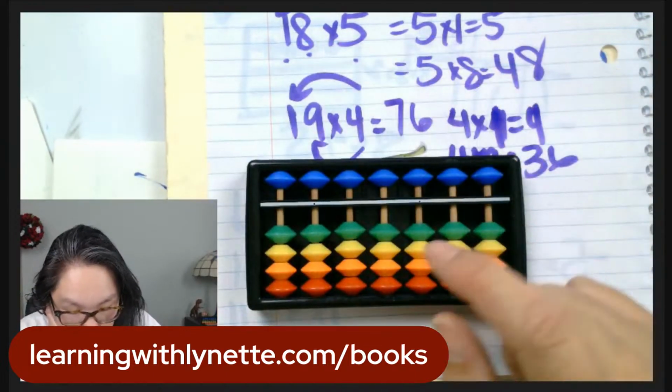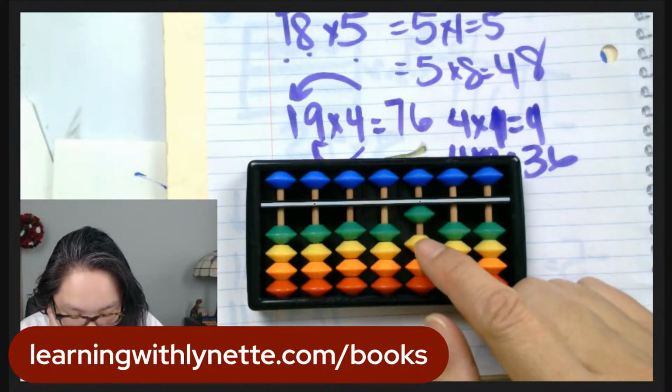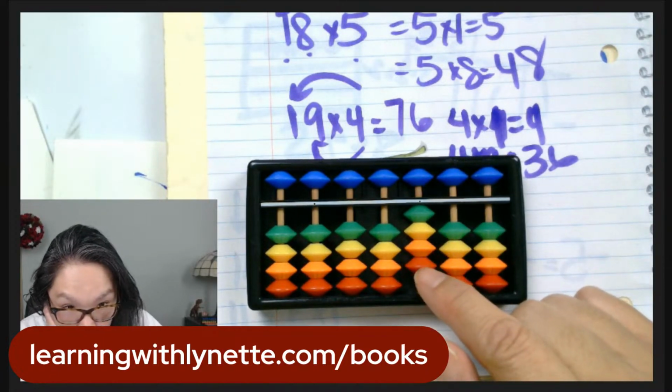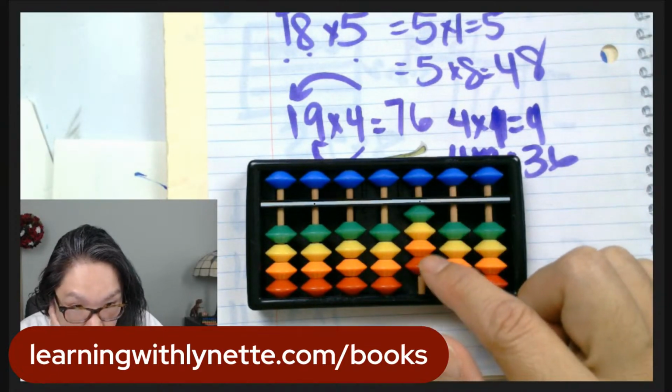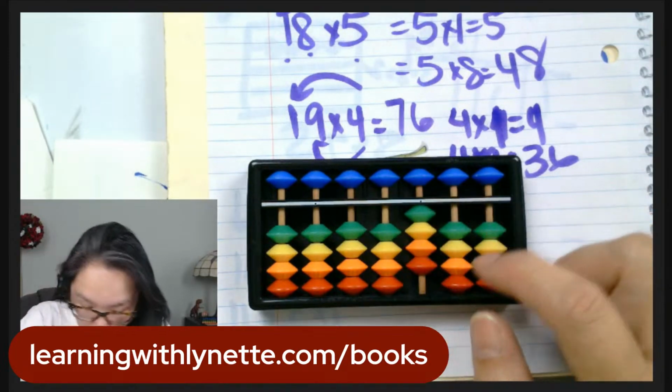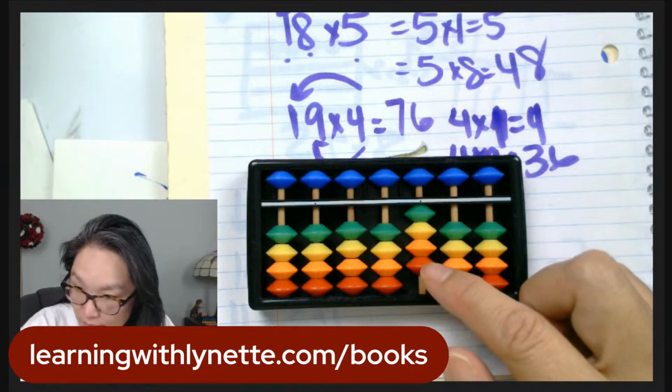So what we're going to do is a review. So we have 1, 2, 3, 4. Anytime the beads are touching the horizontal bar, this is the horizontal bar, anytime the beads are touching the horizontal bar, we are counting. So because we are counting this,